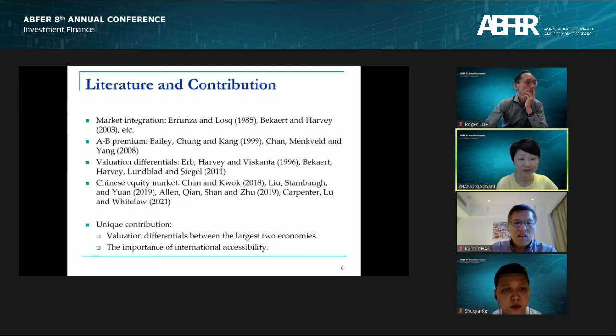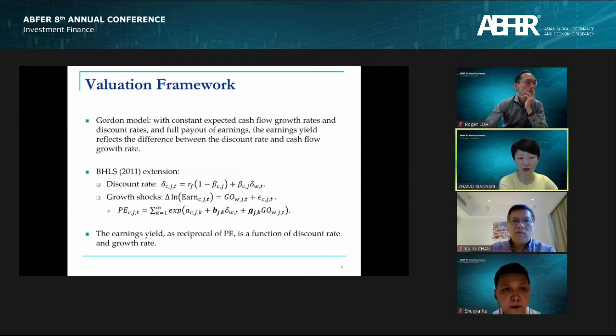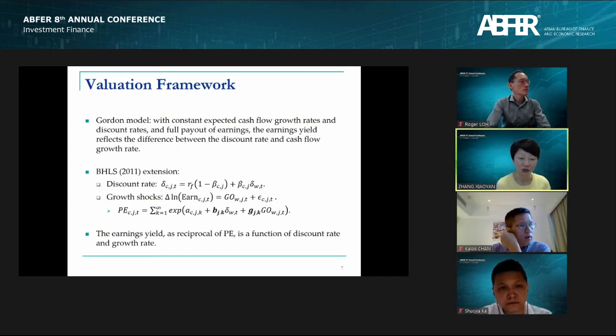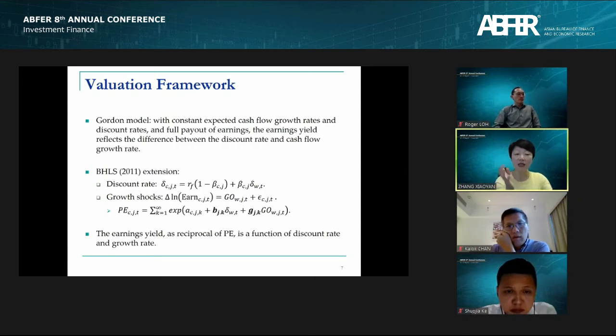Our framework is based on Gordon model. Gordon model assumes if we have constant cash flow growth rate and discount rate, then earnings yield reflects the difference between discount rate and the cash flow growth rate. You might notice that the subject here is earnings yield, which is the reciprocal of price earnings ratio. Okay, so to us, it's kind of equivalent. And given Gordon's model,